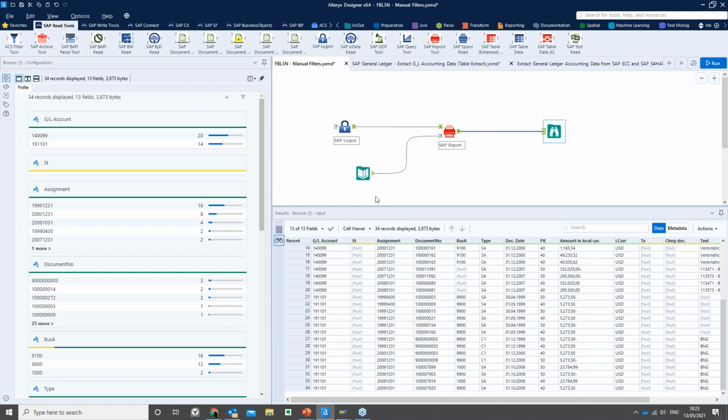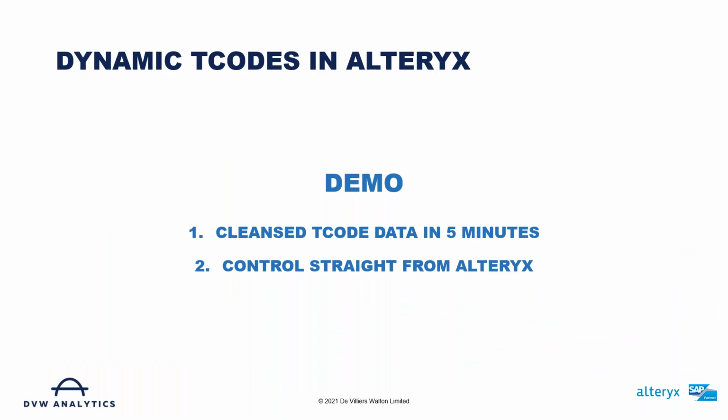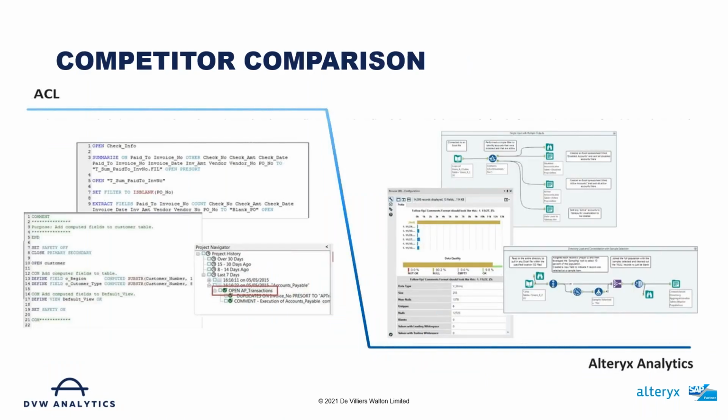So the user could input this. And as you'll see later, that input could be within the server. So rather than having to run the T code, we could run what's called an analytic app within the server, which allows for a parameter to be put in of the specific GL code, and we could parameterize this within the server. We'll show you that later. So hopefully that gives you a flavor of one of the tools, how we can very quickly get started pulling SAP data into Alteryx. I'd like now to go back to our slide and start to talk about this solution